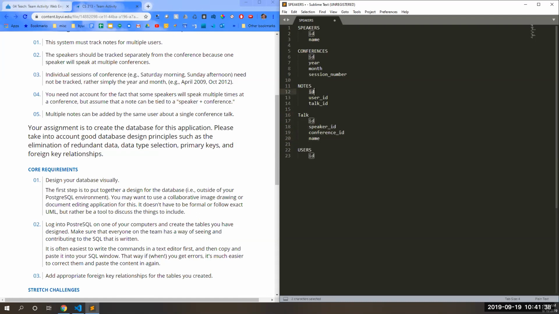So we'll have our notes with their own ID. They'll reference a user for whoever took the note, and then a talk. Okay, the talk can reference the speakers and the conference, and then it'll have a name. And then users, pretty sure we won't really need too much for that. Maybe some typical things like a username, password, maybe a display name,